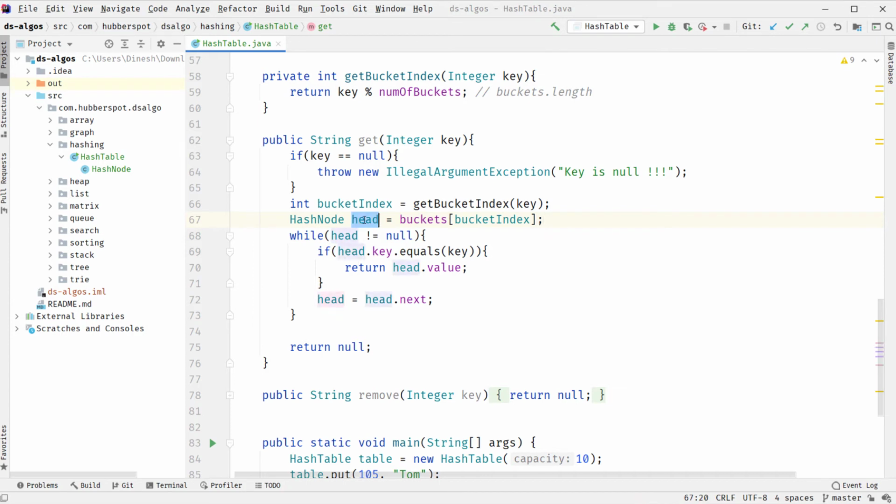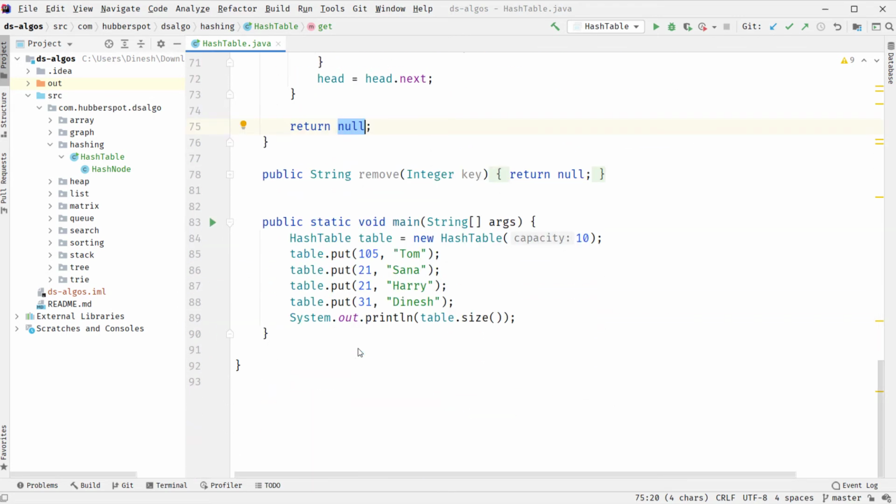So we are accessing the head and comparing the key. If the key is matching, then we are returning the value, and if it is not matching, we are simply going to its next node and doing the same steps again. So friends, if the key is present, its corresponding value is returned, and if it is not, then we are simply returning null here. Now let's test its working in the main method.